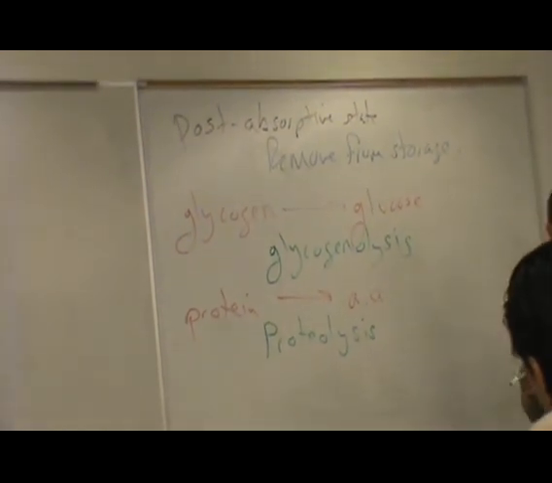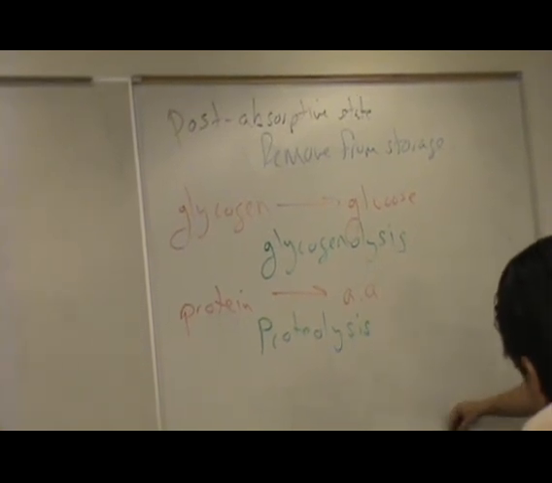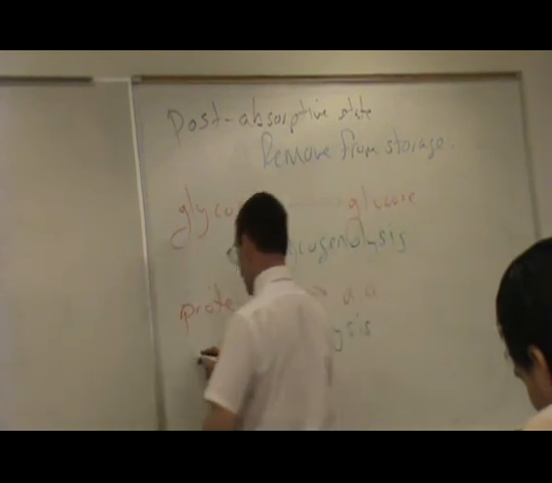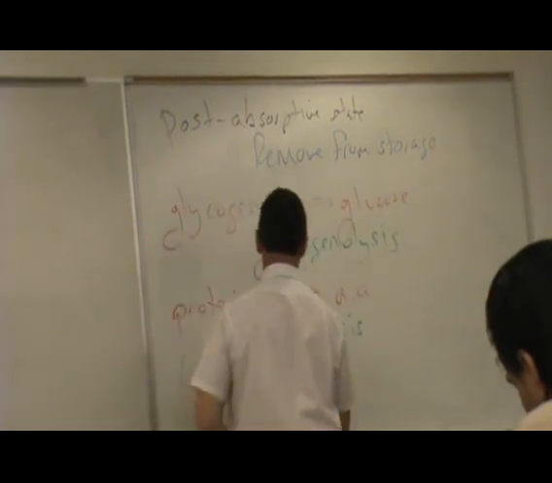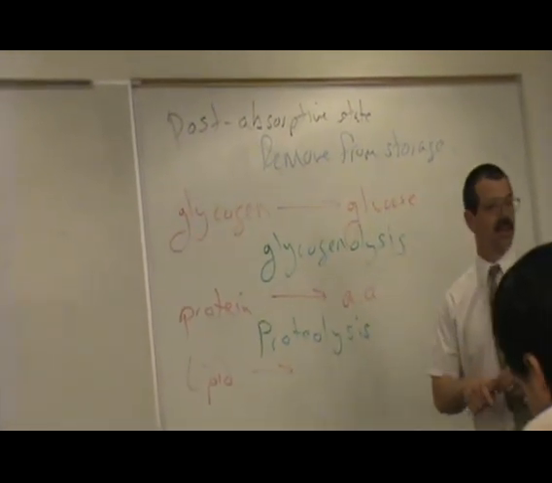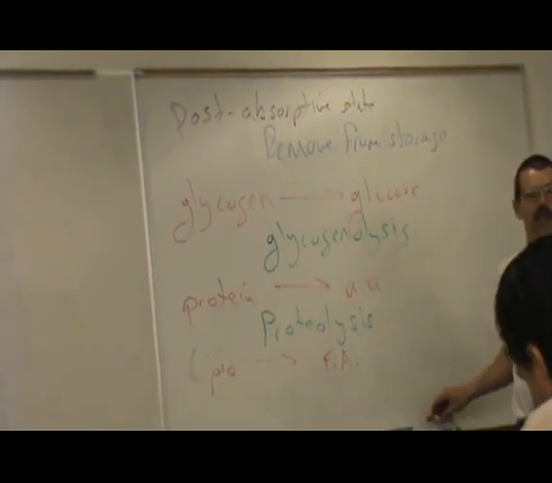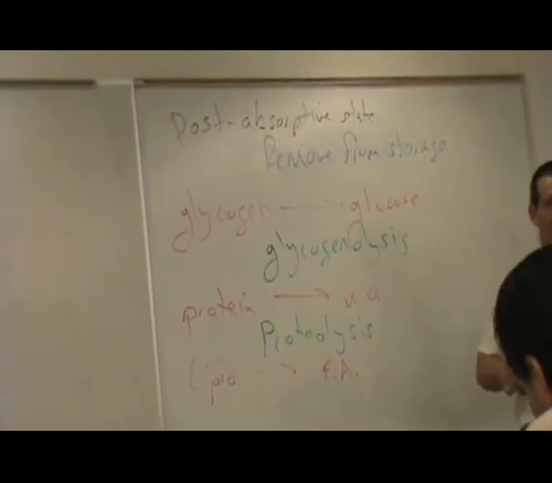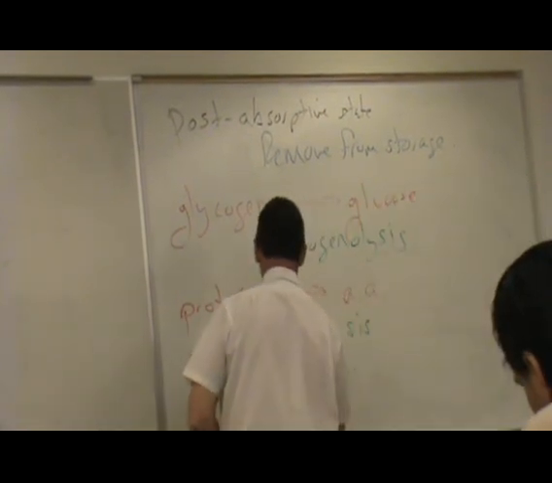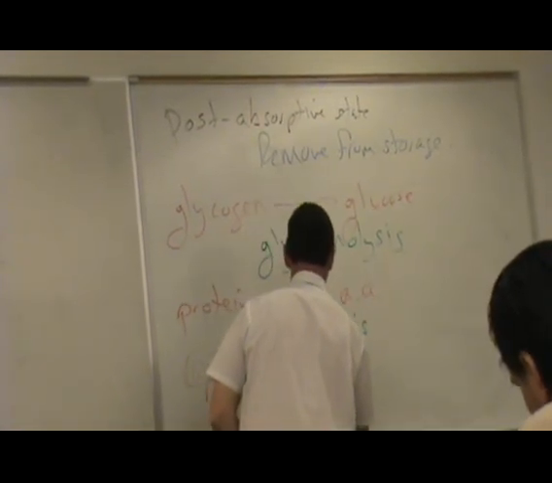Proteolysis. All right. So let's do our last one. What's my last choice going to be? Lipid. Back into what? Fatty acids again. What's that called? Lipolysis. You can say lipolysis, it just sounds